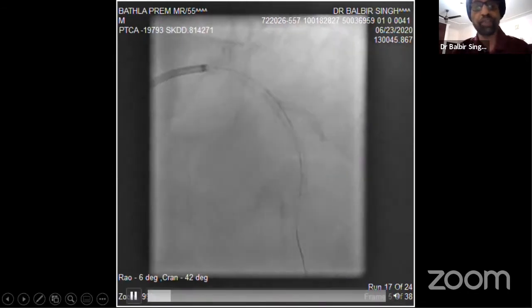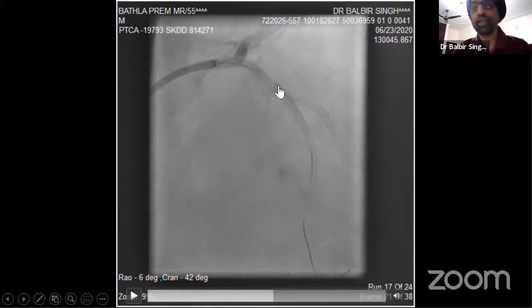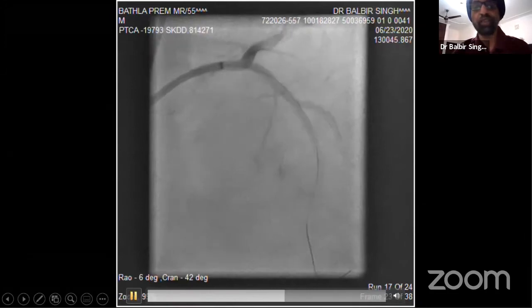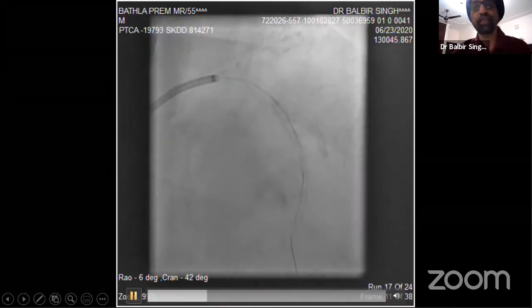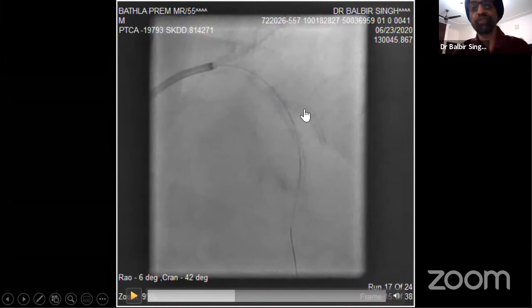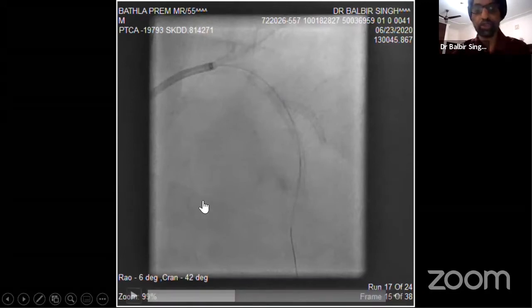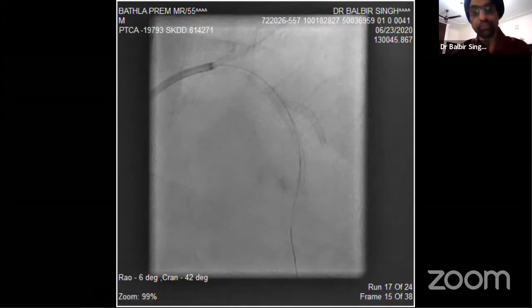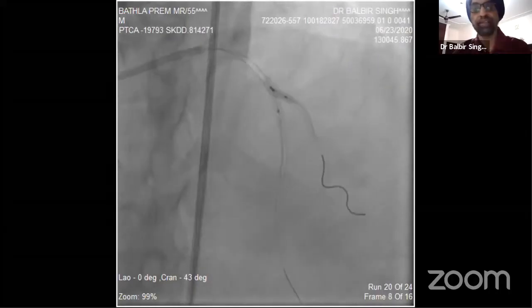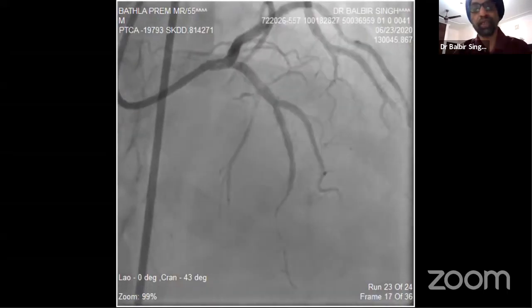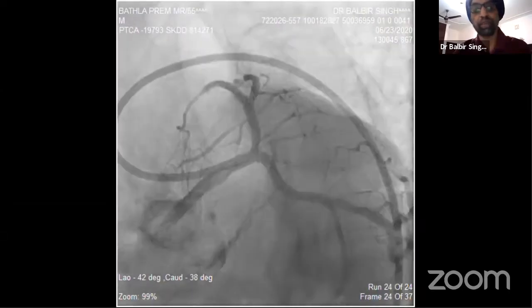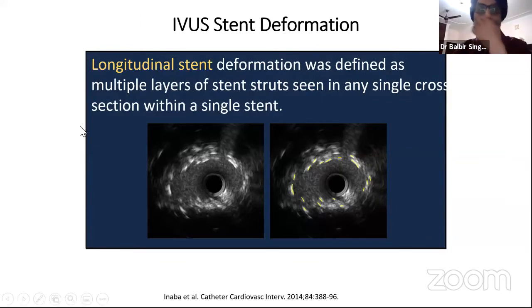But if you look carefully at this stent, this part of the stent shows deformation, because on StentBoost you would see this very clearly. See, this part of the stent looks different from this part. So there is some overlap of cells which causes the deformity. So one should be prepared to handle this situation. Once you get it, it's a difficult situation, but using Guideliners, using all these techniques, final kissing was done, and we got a good result in this lesion. This patient has done very well. So diagnosing by IVUS is looking at multiple layers of stent, which means it is deformed.